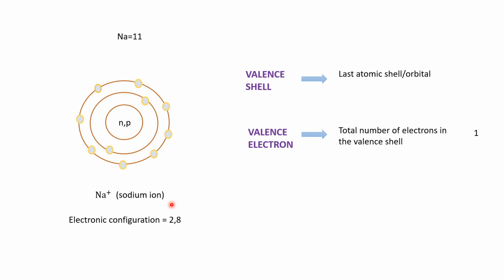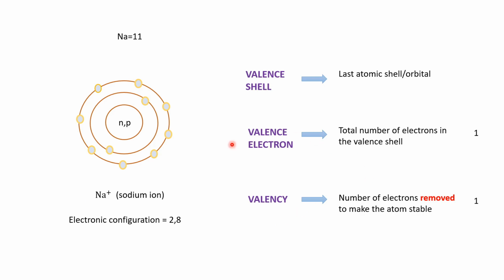Here we will also learn one more concept, which is valency. Valency is the number of electrons that are removed by an atom to make it stable. Here the number of electrons removed by the atom to make itself stable was 1. Therefore the valency is 1. Now the valence electron and valency are not the same all the time.